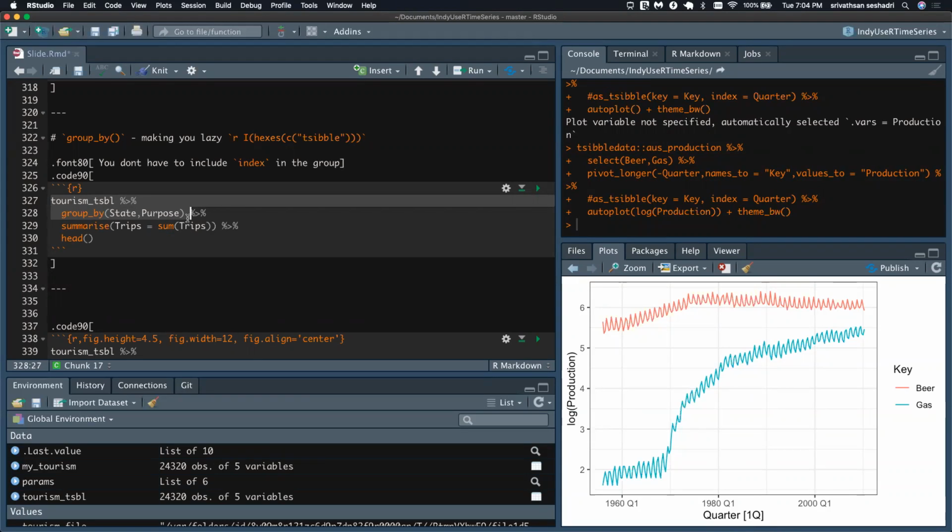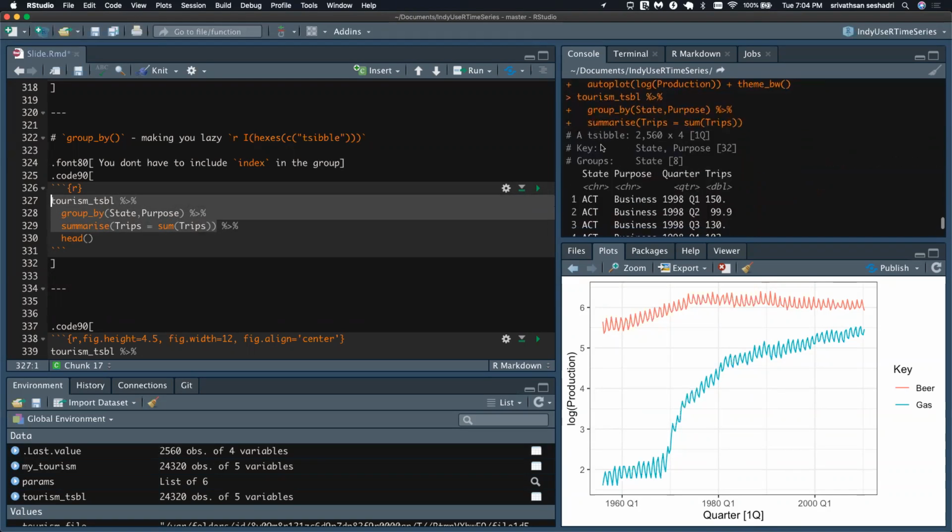Now I am basically taking all the different regions that are within a state and adding all the visitor traffic, right? So I'm taking that and executing that. It still kept the tsibble, if you notice, and it kept the state and purpose as key.